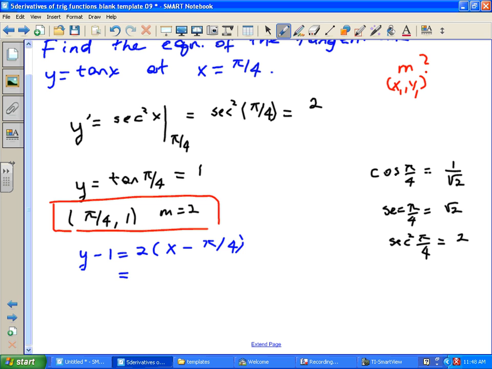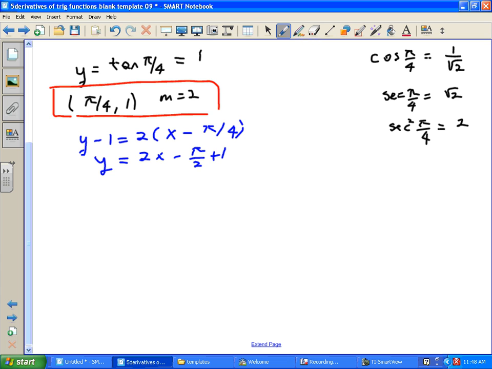And multiplying this through, 2 pi over 4 can be simplified as pi over 2. And adding the 1 from the other side, we get the following. You could simplify it just a little bit. Leaving it like this is fine, but you could also write this as, because 1 is 2 over 2, you could also write this as,